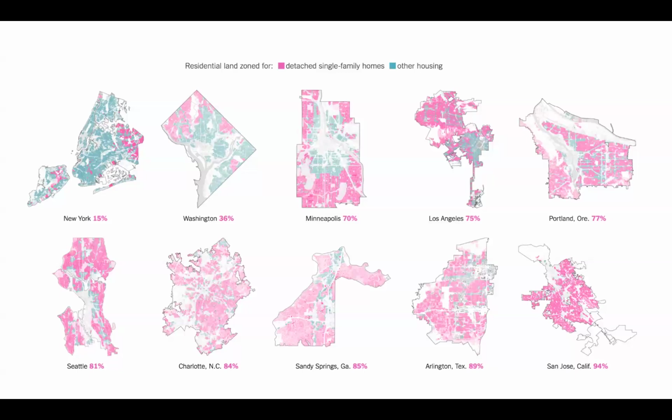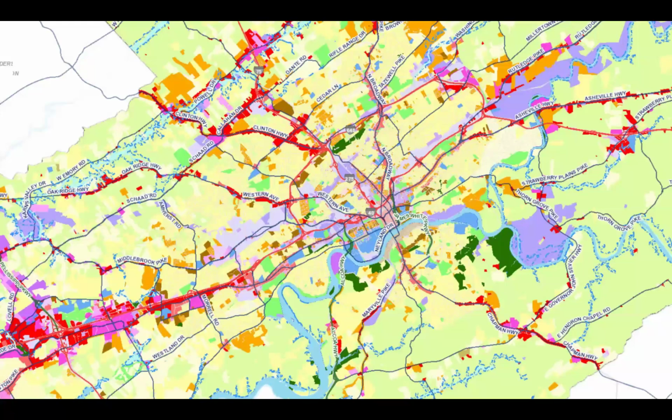And the reason that this has continued to occur is because, again, of zoning. The New York Times did this fascinating study a few years ago. Most people don't realize this, but in the standard US city, about 80-some, I think it's 85, is the average percent of land dedicated just to a detached single family house. That is all you are legally allowed to build in about 85% of our cities. If you want to build even a duplex, you will be told you are a communist, go away, you do not like America, get out of here, do not collect $200 or pass go.